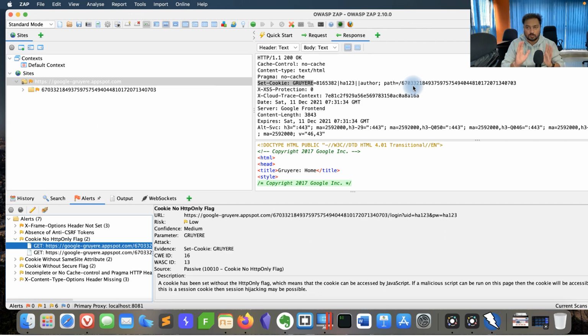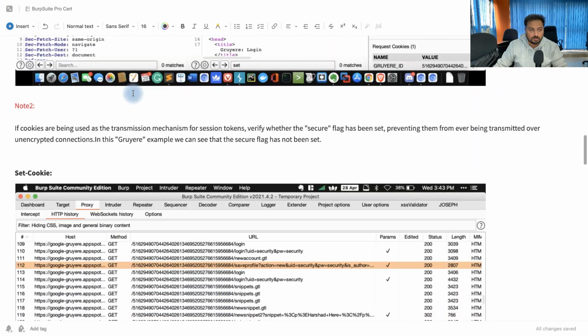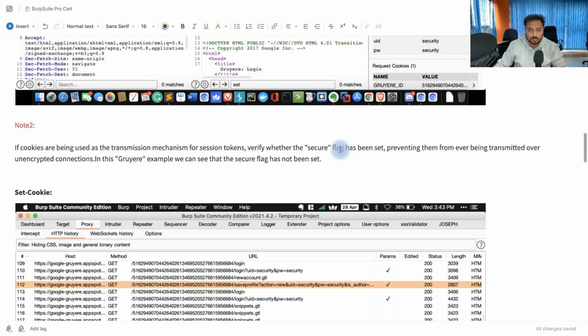What's the conclusion here? Whatever application you're testing, just check whether it is HTTP or HTTPS. If it is HTTPS, it is definitely a more secure application, but we need to check the cookie part: how the application is handling that cookie and how it is handling that session. Sometimes we will experience JWT, sometimes authorization tokens. That part we need to check properly. Also, we need to check whether the flag is set or not. If you go to the documentation, what we want to understand is whether the Secure flag has been set or not. This is the only thing we need to understand.